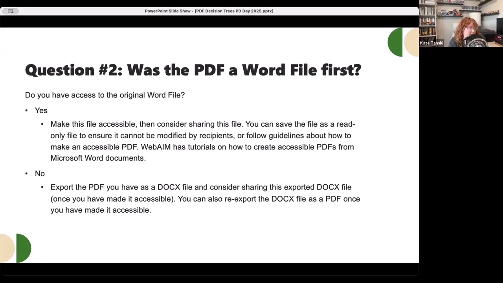If you don't have access to the original Word file, you can make one. Yay, happy day. All you have to do is export the PDF as a doc file. And that will give you a nice version. It doesn't always come over, but if it was a pretty simple file and it was created in Microsoft Word, if you export it as a docx file, usually it exports pretty well. And then once you've made it accessible, you can use this exported doc file, or you can re-export that as a PDF once you've made it accessible. This is particularly good for things that have tagging issues. If you export it back to Word and then re-import it back into Adobe, a lot of those tagging issues can be